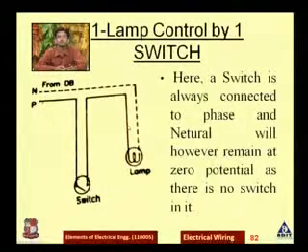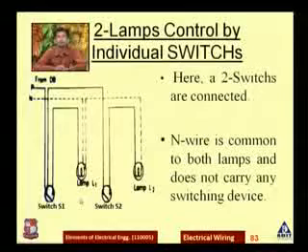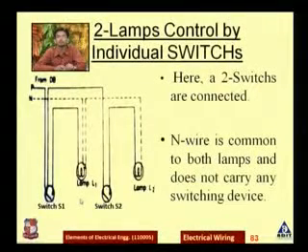So by this connection, right now is the switch in on condition or off condition? It is in off condition. If I put this terminal over here, the phase will be in series with the lamp, so the supply will flow from this switch to the lamp, and through the neutral the circuit will be completed. So we can say that this one lamp is controlled by only one switch. If I put it in this condition, it will be on, and if I put it in this condition, it will be off. Now we will see two lamps controlled by individual switches.